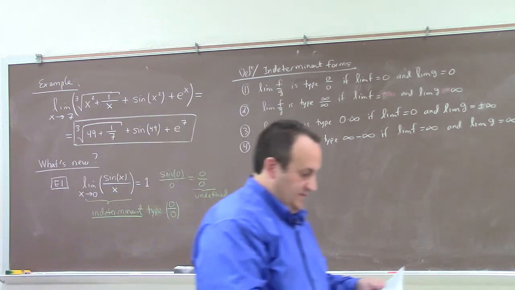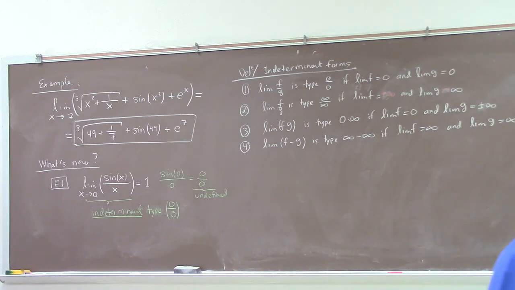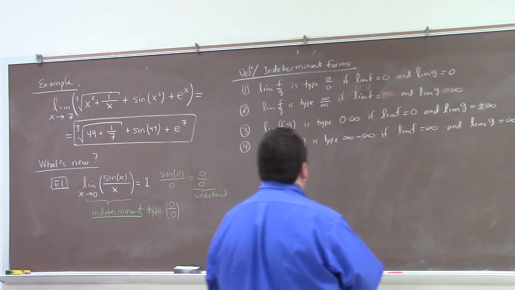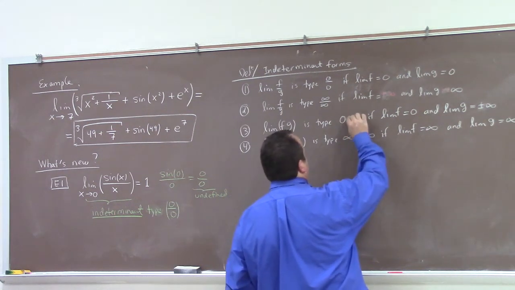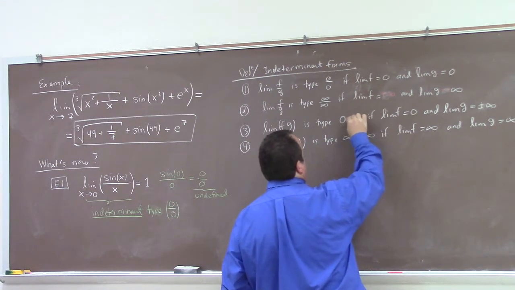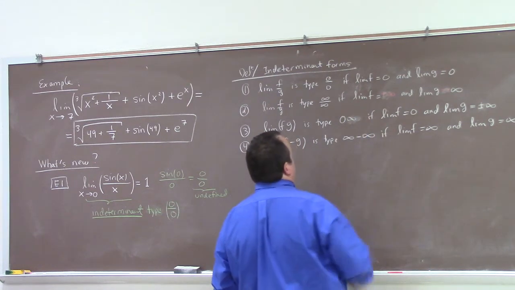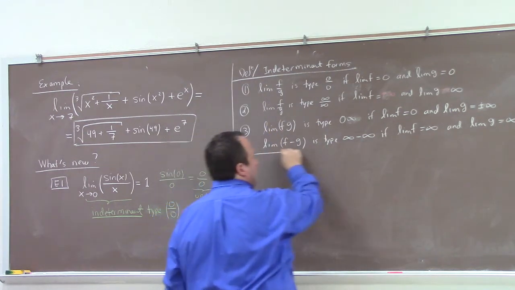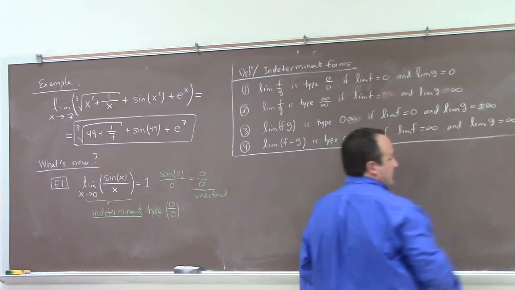So now, finally, we get to do some examples that require some algebra. Is that 0 times infinity or number 3? Number 3. 0 times infinity. I think in the notes I just have 0 infinity, but it's really like times infinity. So these are the basic indeterminate forms. There are also indeterminate powers. We'll eventually talk about those, but